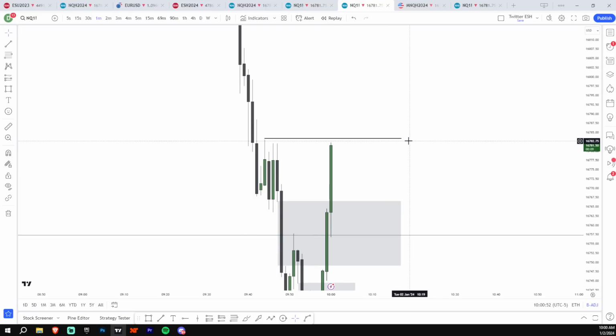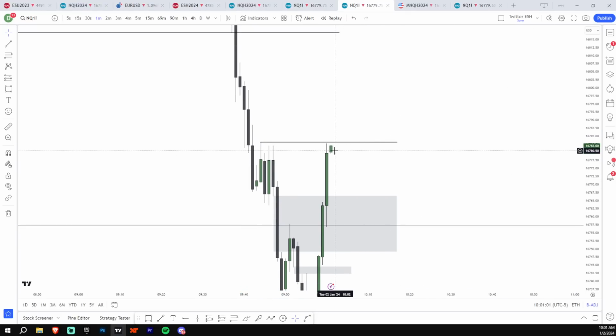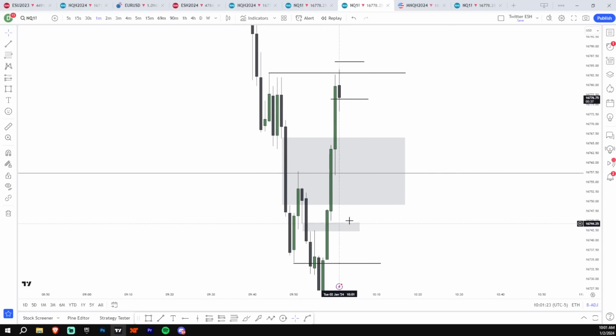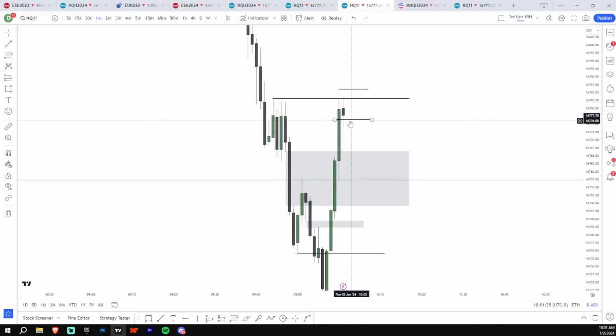Should hit. Okay, just made relative equal highs here. Here's your close. Okay, so stop the break even immediately there and see if you can get 10 points off this. When did I say to enter? Like right here? Yeah, if you can get 10 points and scale some here, that would be an easy scalp. It looks like it's very hard. Yeah, you stopped the break even. So very difficult not to get stopped at that play unless you enter there. Yeah, that's almost impossible not to get stopped out on.